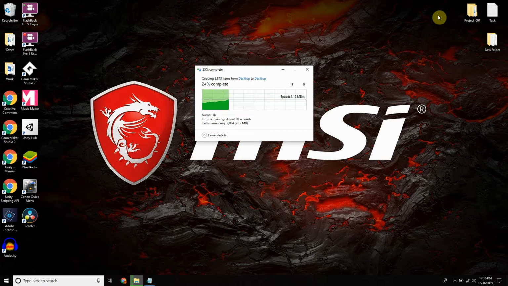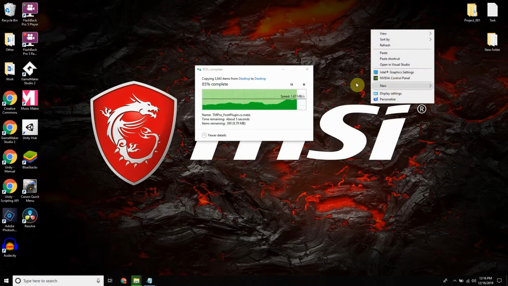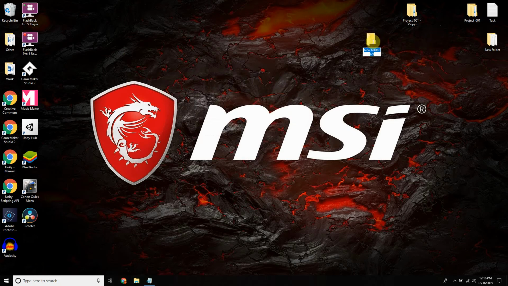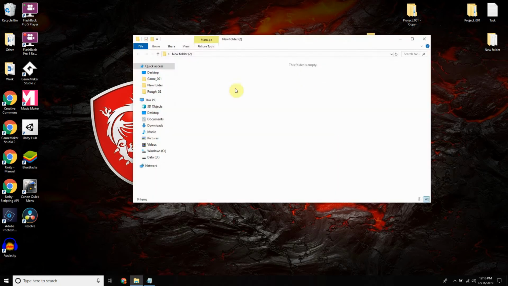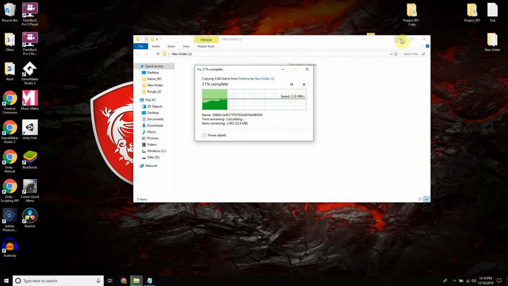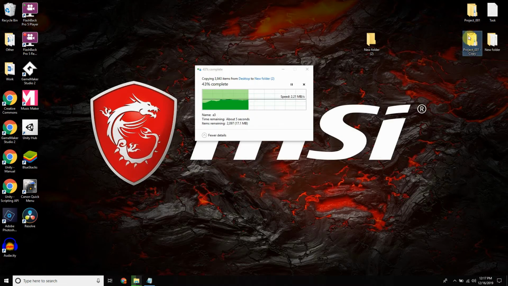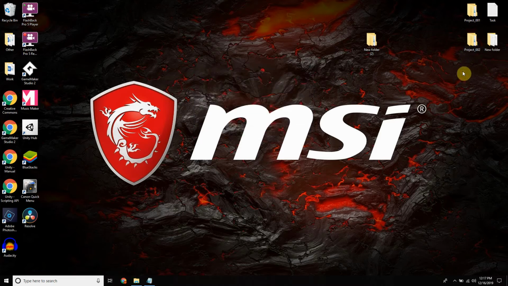I think Microsoft has improved this as well. Instead of having to replace it like last time, before I had to end up creating a new folder and then pasting it down here instead, which is another way of pasting it without naming this copy. But the main important thing is just to save as